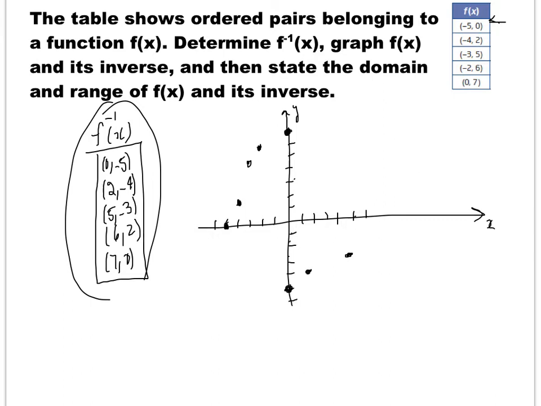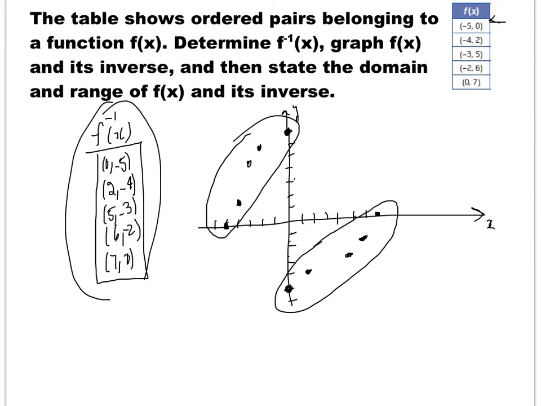6 is negative 2, which is here. And if x is 7, y is 0. So you get something like this. But if you have noticed, the graph of f of x, which is this one, and the graph of f of minus 1 x, which is the inverse,